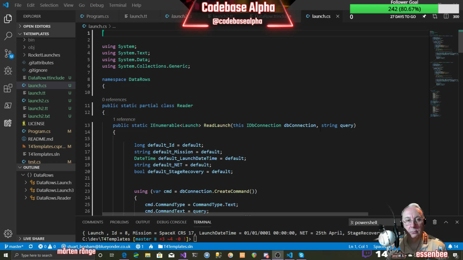We solved that we don't have to write this error-prone code reading from a database using an execute reader, mixing up types and these kinds of things. And we don't have to rely on reflection, which is an advanced technique, especially if you need performance. Instead, we are relying on good old C# code. And this C# code you have in front of you, read launch, you can put a breakpoint here. If you don't understand what it's doing, you can debug it like normal